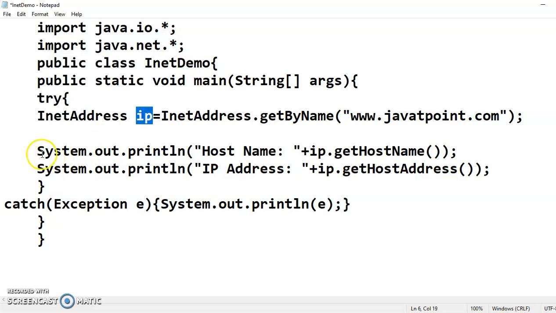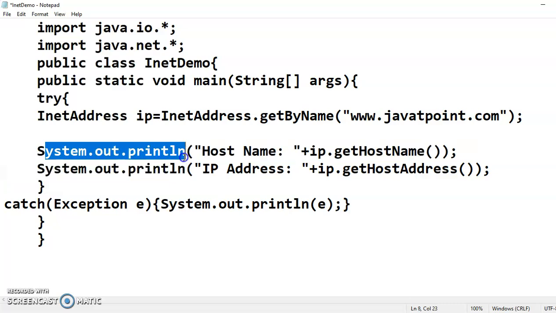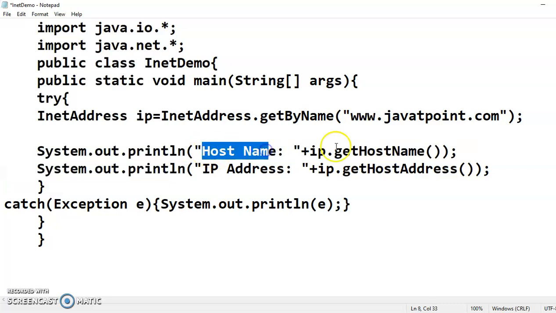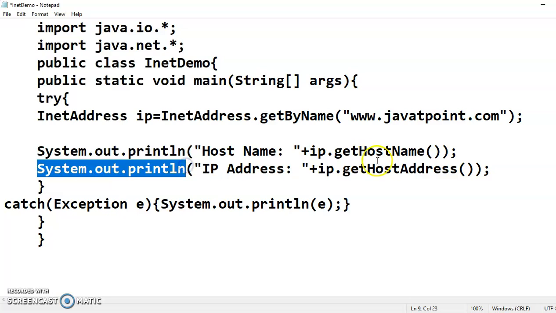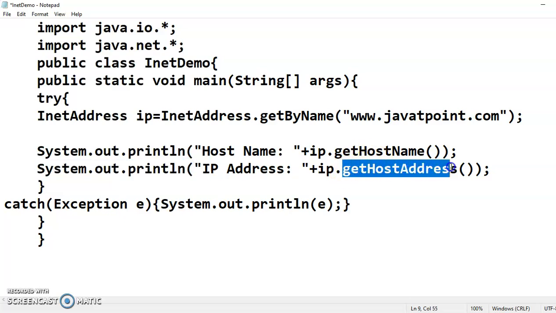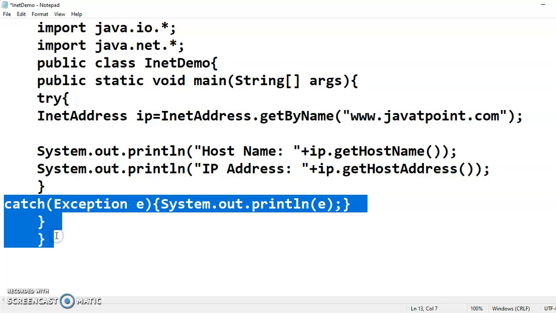So we are writing System.out.println host name, ip.getHostName, which will print the name javapoint.com. And the second System.out.println statement prints the IP address, so I am writing getHostAddress, which will return the IP address. Then the try block closes, and there is a catch block.